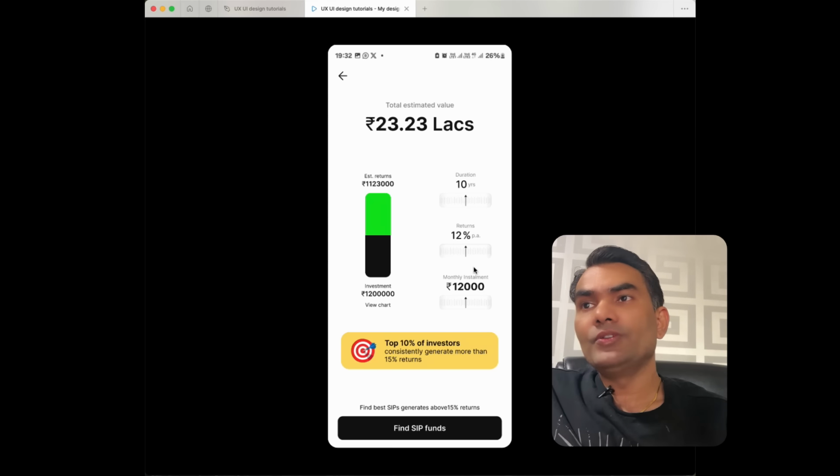Okay, now let's say the user wants to change anything. Let's say they want to change the monthly amount, so they will scroll here and they can change the monthly installment. They can scroll to the right to increase the amount, and they can scroll to the left to decrease the monthly installment amount. Now this slider